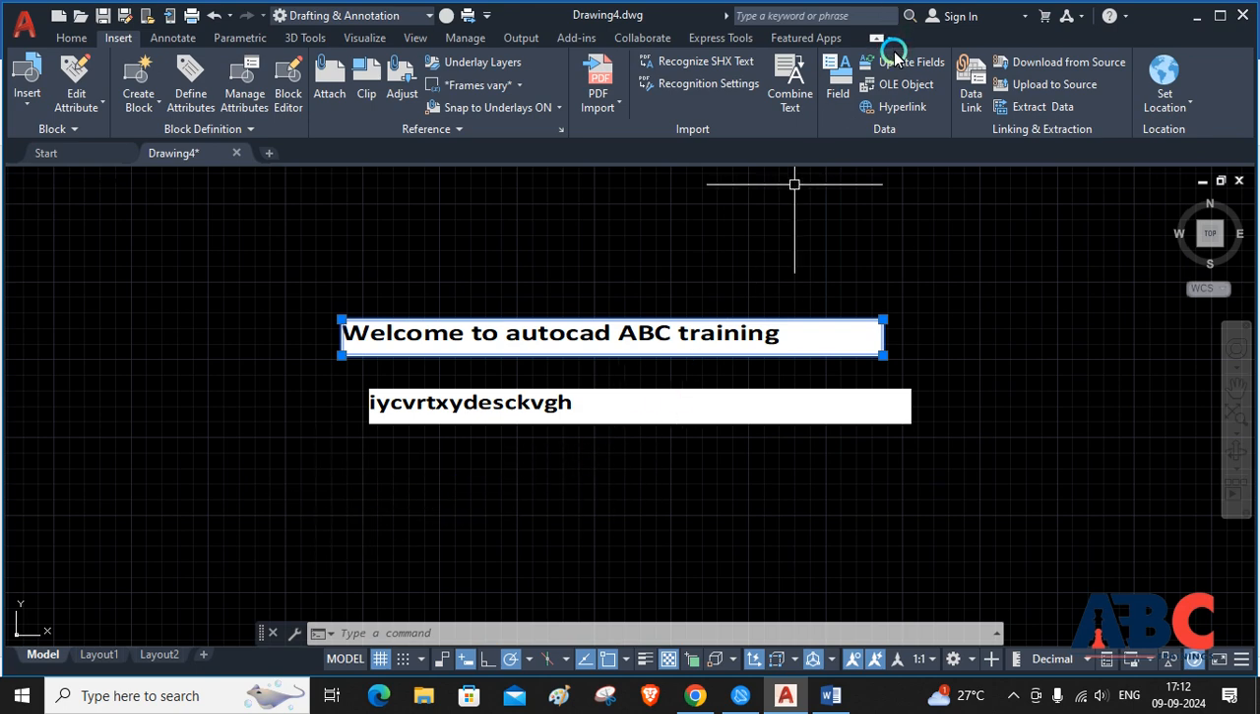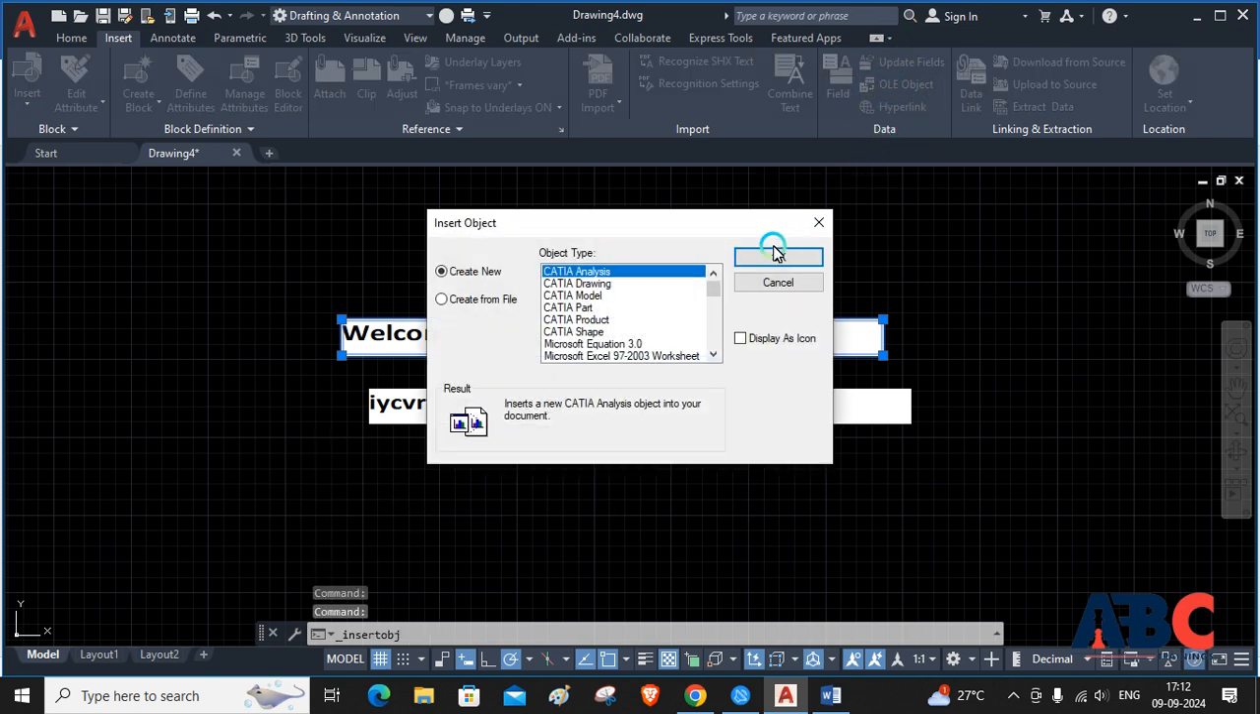We can link any object. These are the types of objects we can link, like drawing, model, part, CATIA part, or any Microsoft presentation, PowerPoint slide, any image, anything we can link over here. So OLE objects are